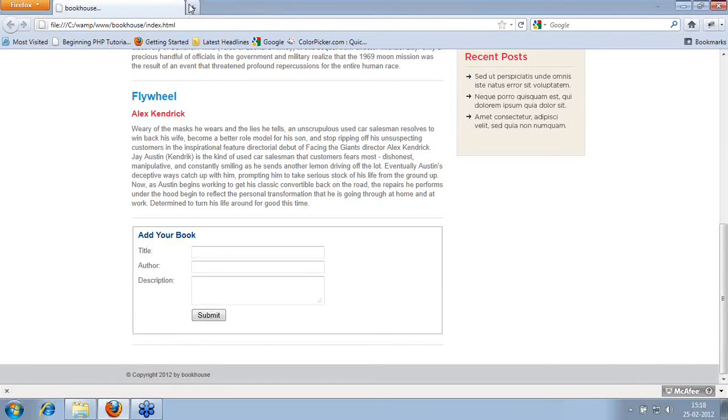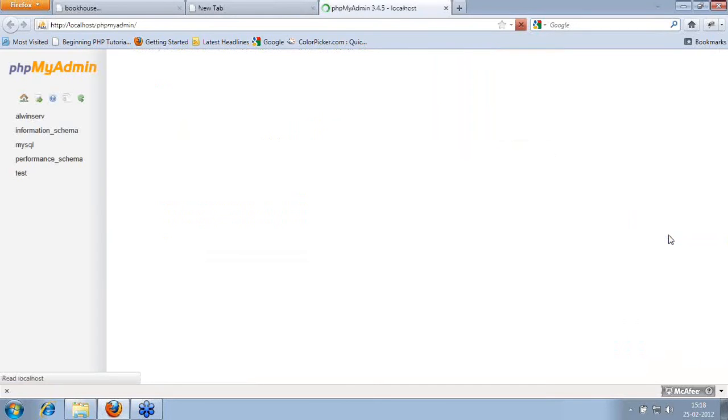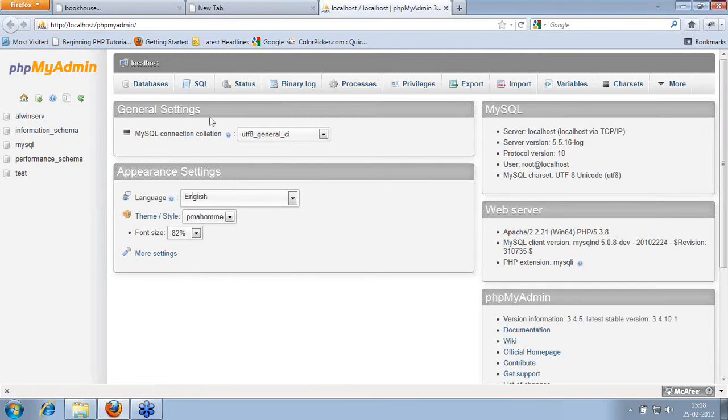So I can have my database. I'll just open, because when you set up your local environment, it will be a local host. So because I'm using VAM environment, it is allowing me to connect with my database using phpMyAdmin web interface. You can easily do it, connect your database using the command prompt as well. You can just go to command prompt, type cmd, run, and then you can connect to the database. But this is a GUI.